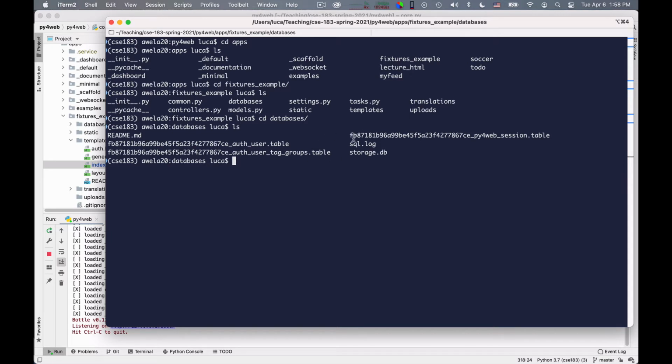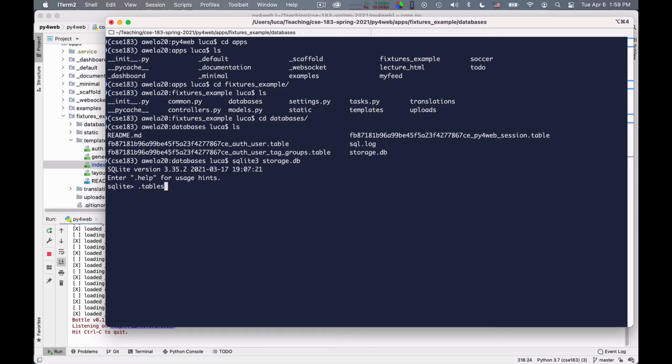And if you have installed the SQLite 3 program, you can install it under Windows or under Mac or under Linux. It's the SQL driver. You can go to the documentation and read up about it. I will provide a URL for the installation, but then you can say simply SQLite 3 storage.db. This is the main database file. And so you can look into it and you can say tables.